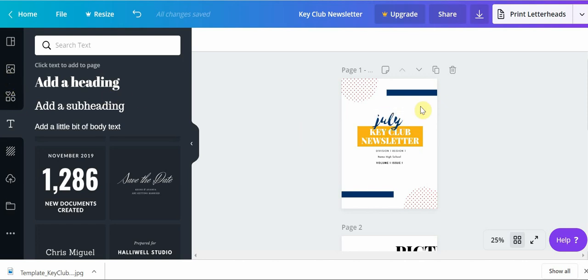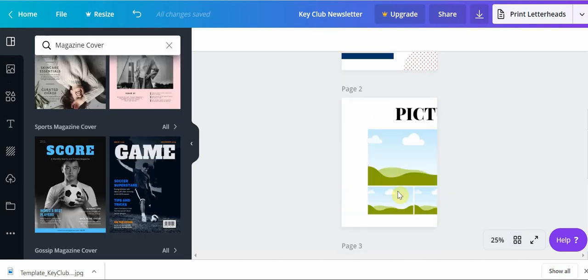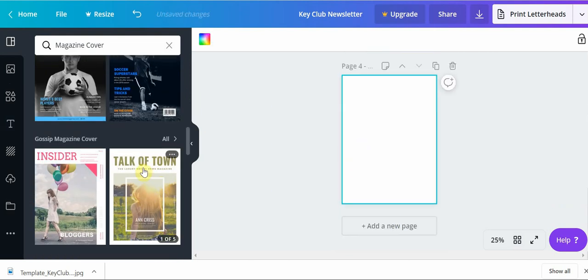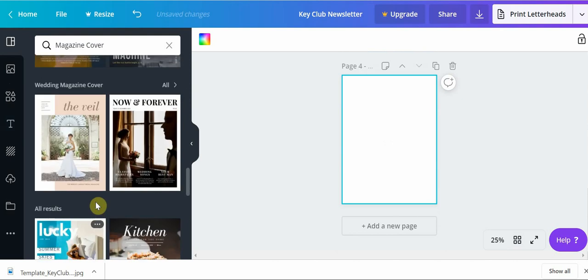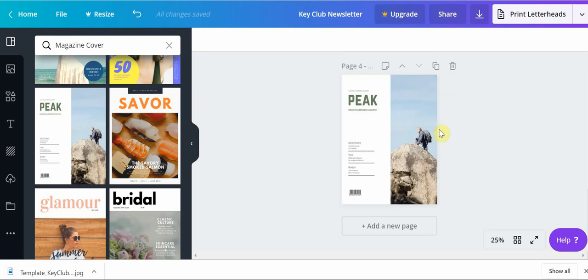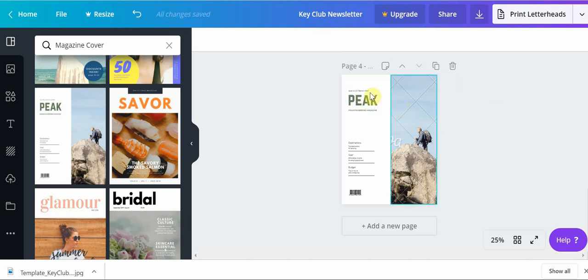I also like when, as I explained in the previous video on basic newsletter content, I like to utilize the formats that Canva already has. And you don't necessarily have to use it for a cover either. So let's just add a new page. Let's scroll through these different covers. Okay. I like how half of the page is a picture and half of it is text. So let's say that I want to use this as a table of contents, even though